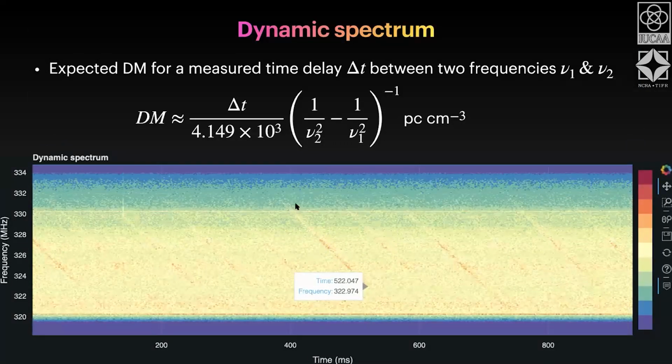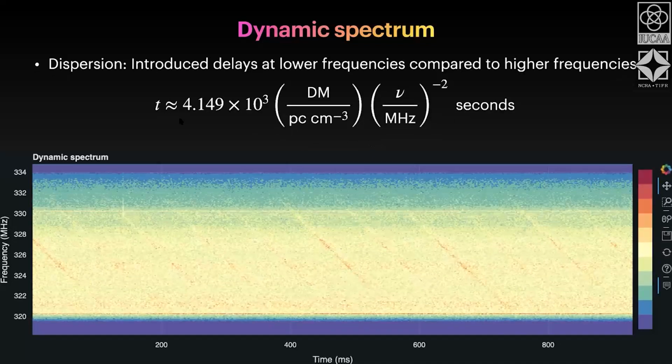in time, around, let's say, 400 milliseconds. You see this higher frequency component, and then at lower frequencies, you'll have to wait another about 100 milliseconds before you see the same signal at lower frequencies. So if you had two antennas, one at higher and one at lower, you would observe them at a delay. The lower frequency antenna would observe the pulse at a delay with respect to the higher frequency antenna. And the delay is quantified by this dispersion delay expression, where the expression is given in